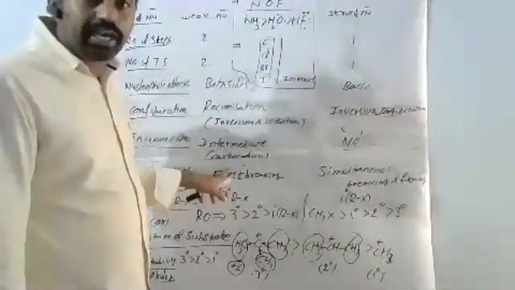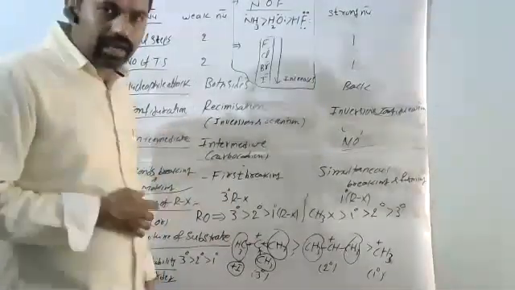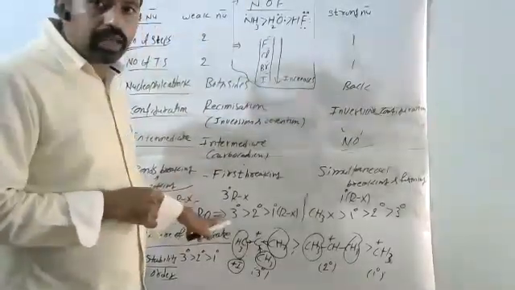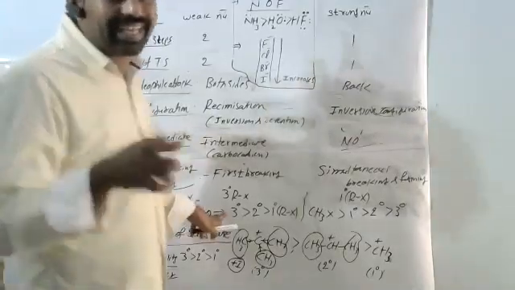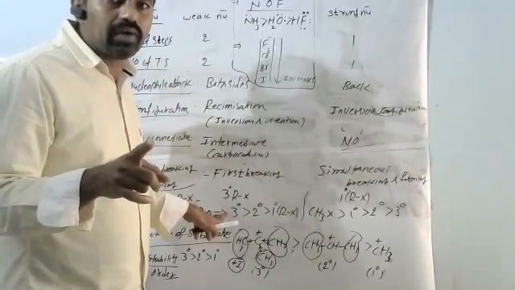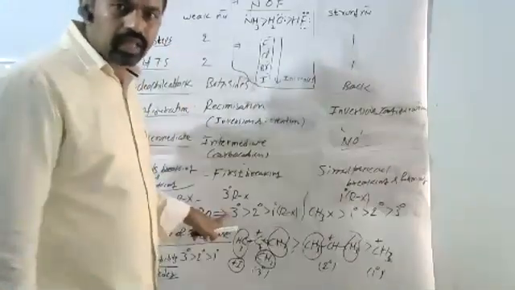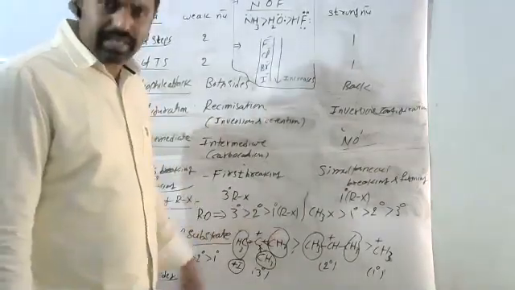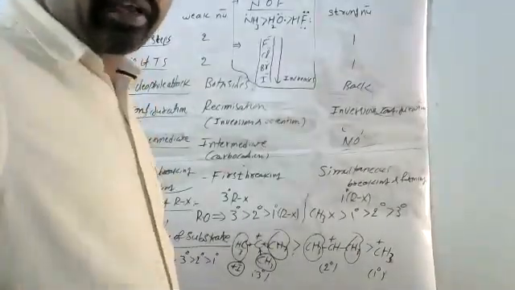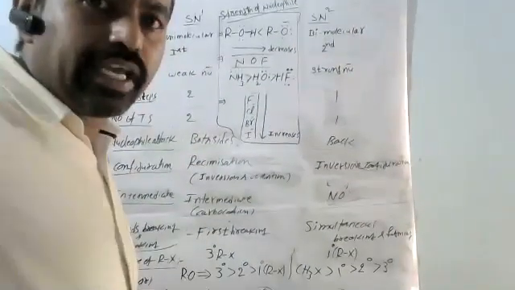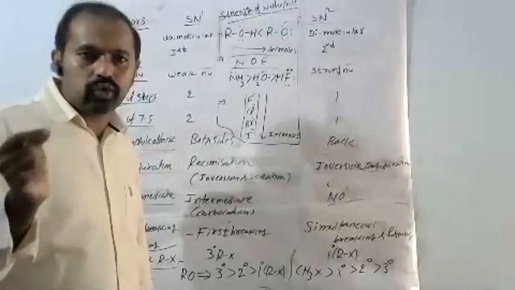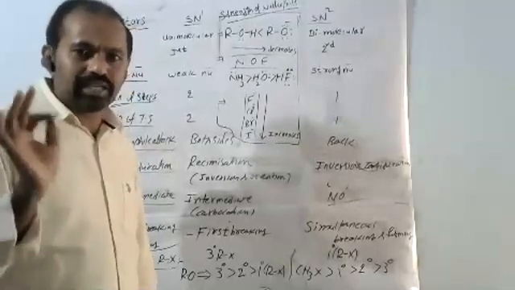So based on that, the SN1 reaction proceeds through the intermediate carbocation. Which type of carbocations are more stable? 3 degree. Because of that reason, 3 degree alkyl halides are more favorable for SN1 than 2 degree, than 1 degree. Understood that? If they ask the SN1 reaction reactivity order, what can we say? 3 degree alkyl halides are more reactive than 2 degree, and 2 degree is more reactive than 1 degree. That is the SN1 reactivity order.